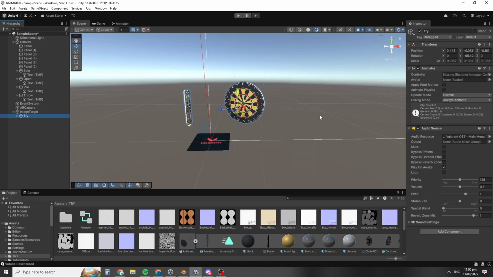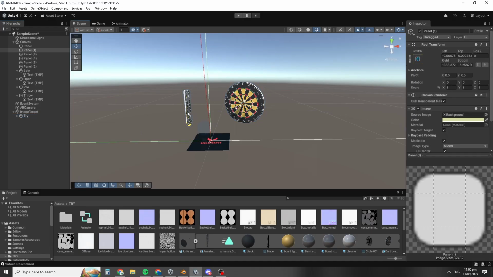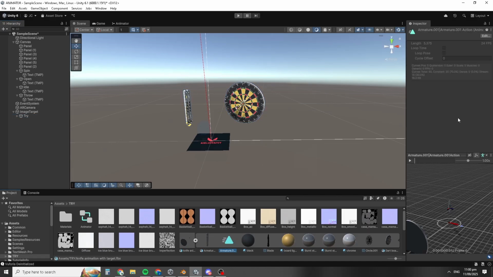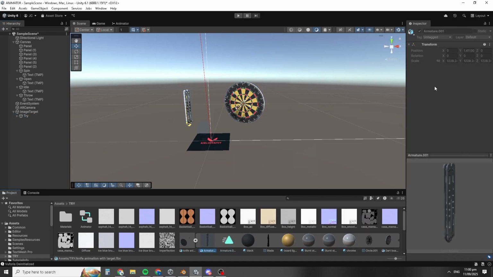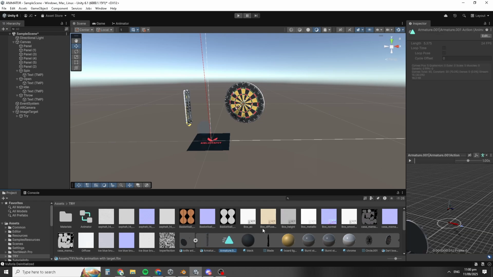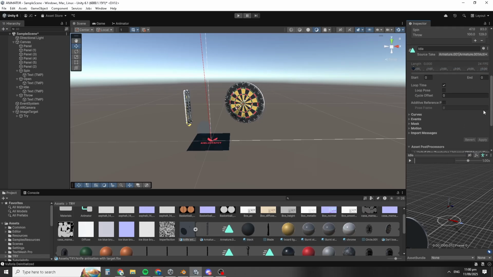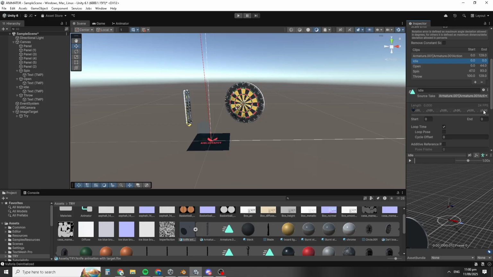Now after importing my models and other animations inside my project in Unity, I first checked if the model and the animation were actually working. And then after that, I divided the animation into 4 parts since I created 4 parts inside Blender. I created 4 parts, which are the idle, open, spin, and throw. And then after that, I clicked apply in order to successfully apply the 4 divided animations.